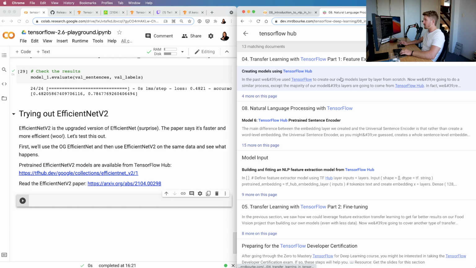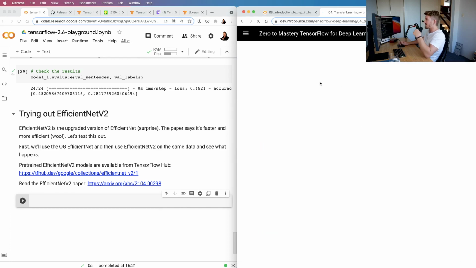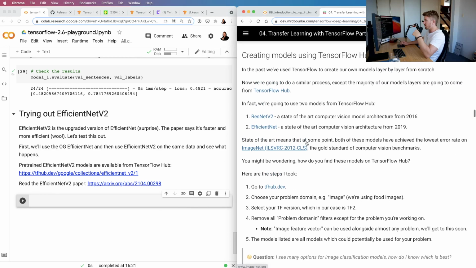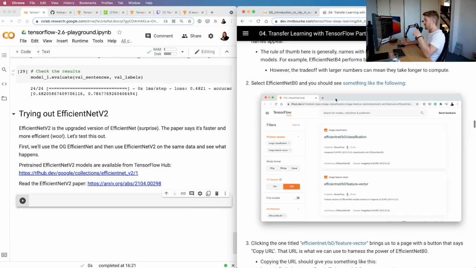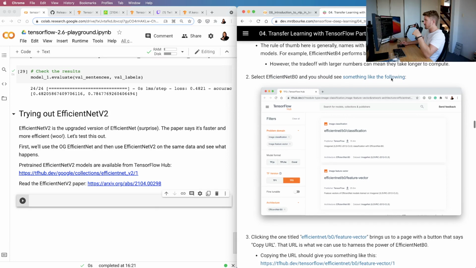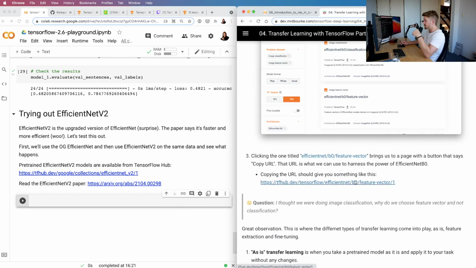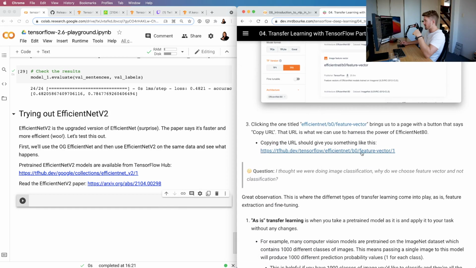Boom, baby. Creating models. I love the fact that my whole course is searchable now. Okay, so we have EfficientNet. This is what we're trying to beat here. EfficientNet B0, wonderful. Feature vector, yeah, so this is what we're going to change out. Instead of using EfficientNet, this is the original one, EfficientNet B0, we'll write in here,